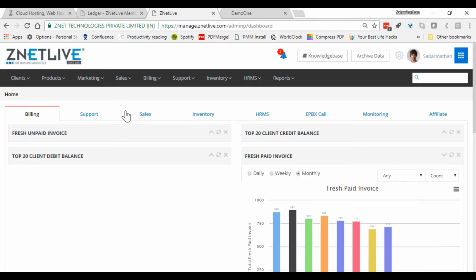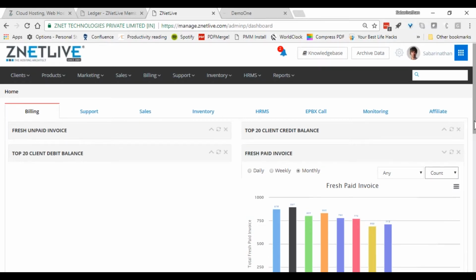I'm going to show you some dashboard reports, because these are business intelligence reports helping you run your business effectively. For example, here, the refresh paid invoices: you can count how many invoices have been done, or you can do it on an amount basis as well. And there are plenty of other reports like this.